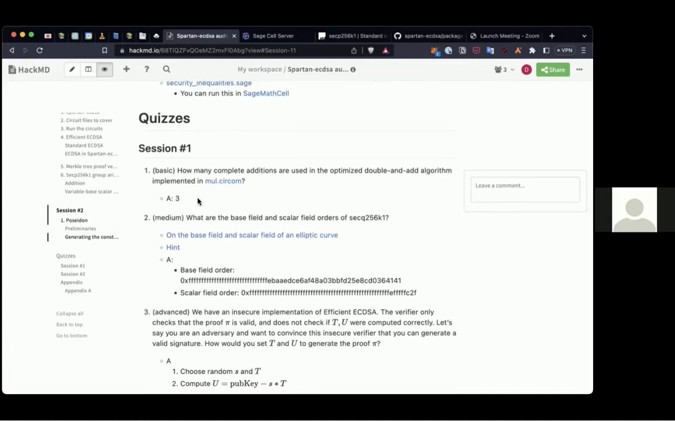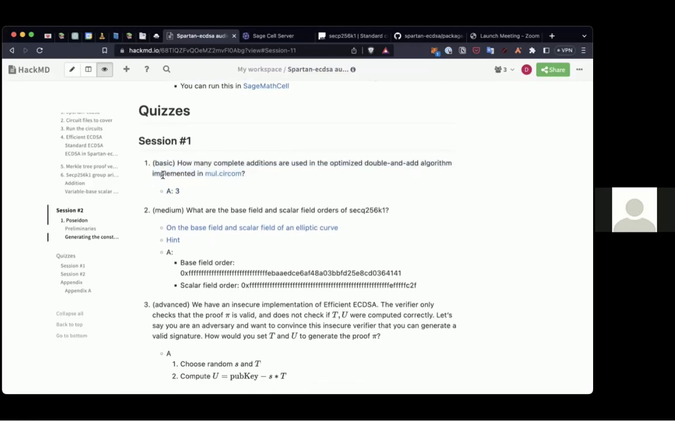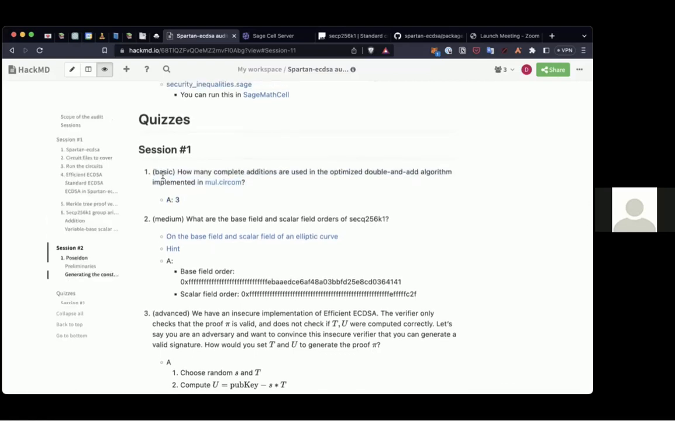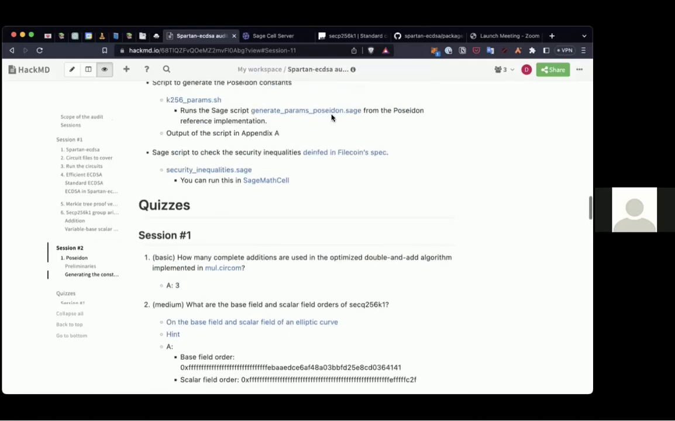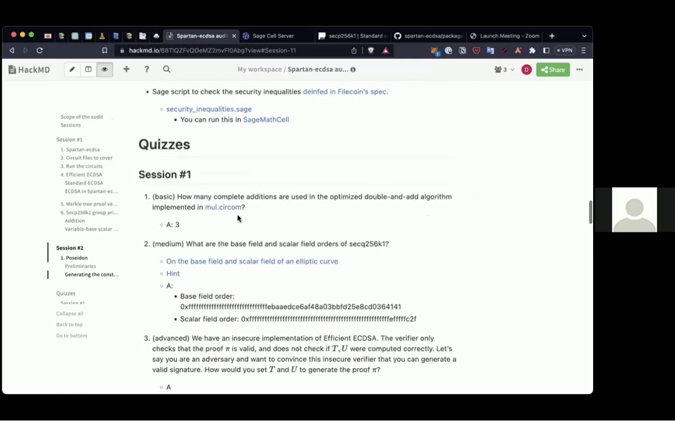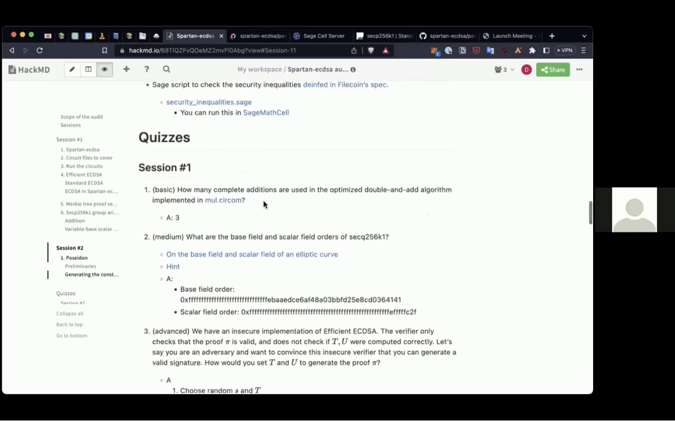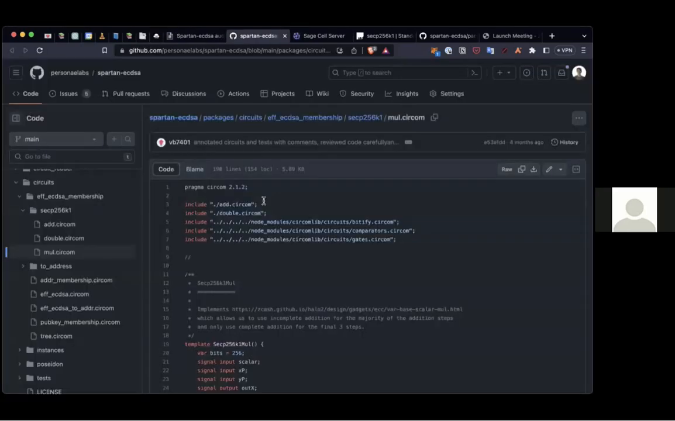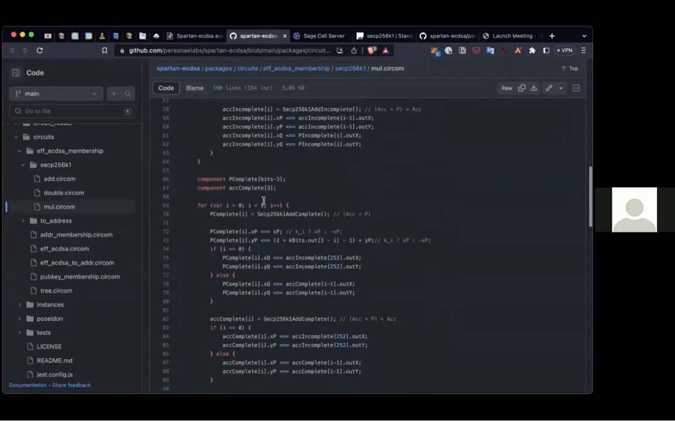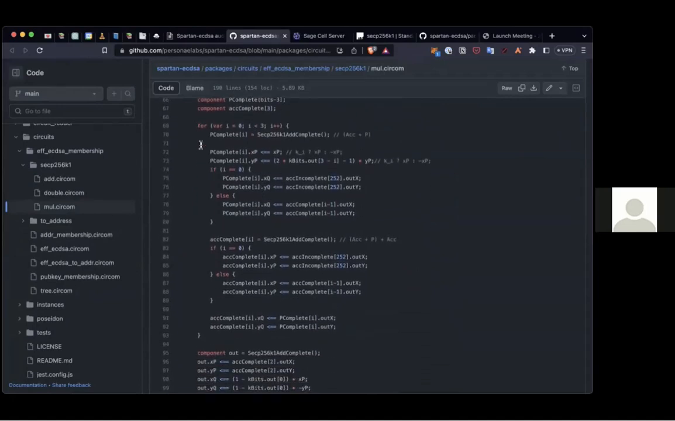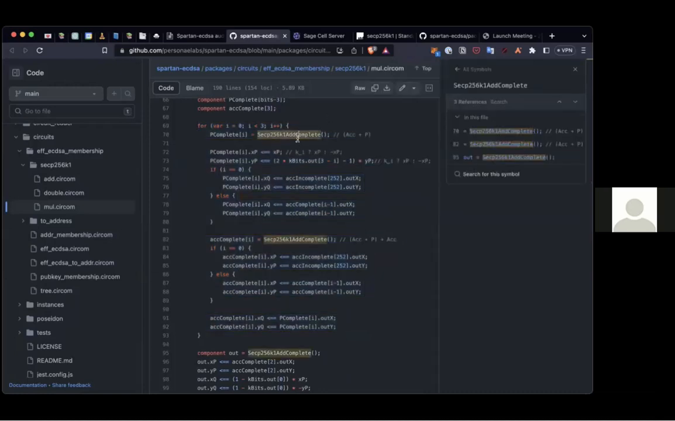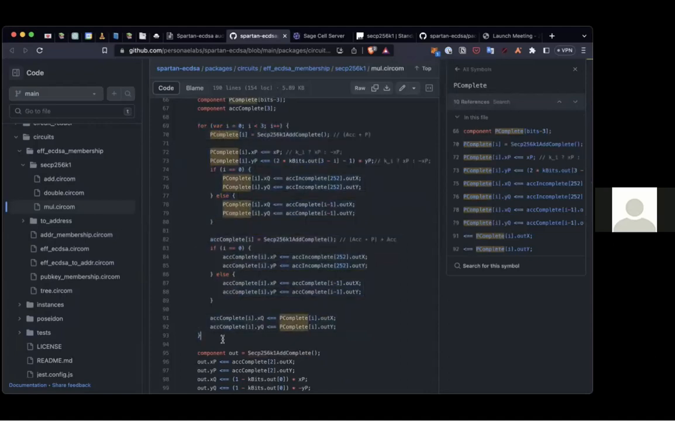And to start from the basic one from the first session, the question is, how many complete additions are used in the optimized double and add algorithm implemented in multiplication.circom? So the answer is 3. So we use 3 complete additions in our optimized double and add algorithm. You can see that it is 3 by checking this for loop. This for loop does the complete additions here, and it is executed 3 times. The number 3 comes from the